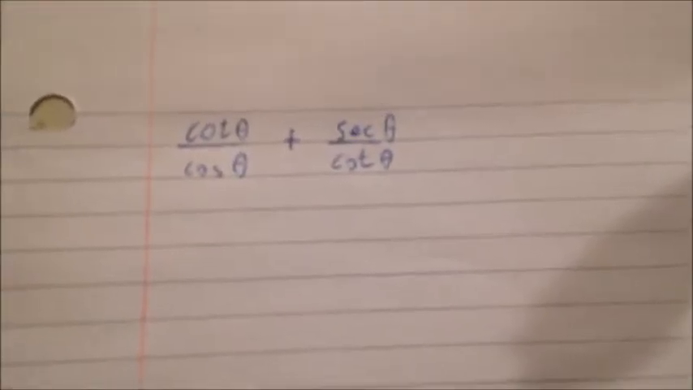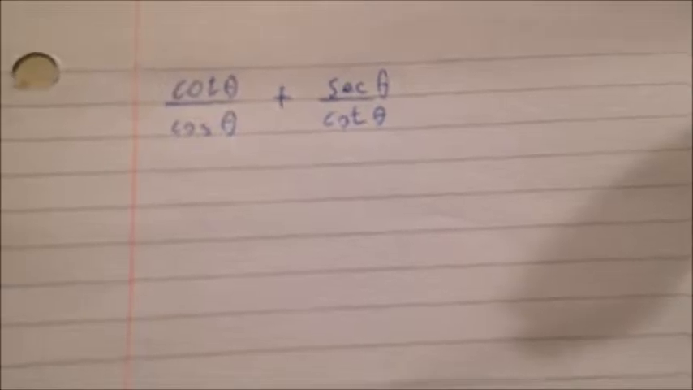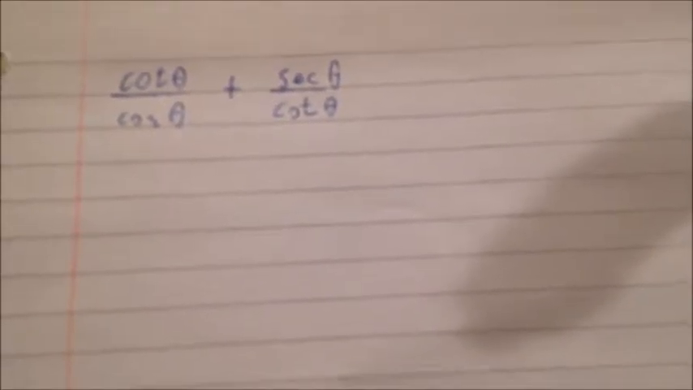Okay, so this is Ethan, and we're going to do my trig identity proof. And so I have to prove cotangent theta over cos theta plus secant theta over cotangent theta, and I have to prove it into cosecant theta secant squared theta. So let's begin. The first step is to